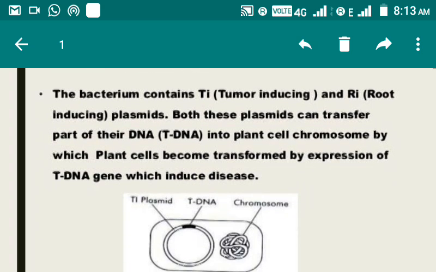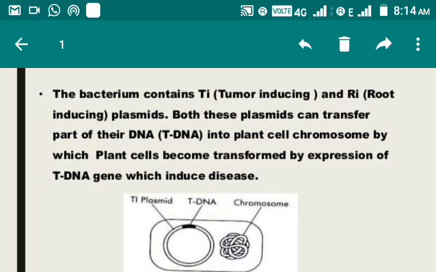Students, you can see here the schematic diagram of Agrobacterium tumefaciens, which has two genomes. One is the chromosomal genome, that is not our focus. Another is the Ti plasmid. Again, I am emphasizing that it is a kind of plasmid, so it is a non-chromosomal, extra chromosomal part. Okay, and this Ti plasmid has a specific region, that is tDNA.